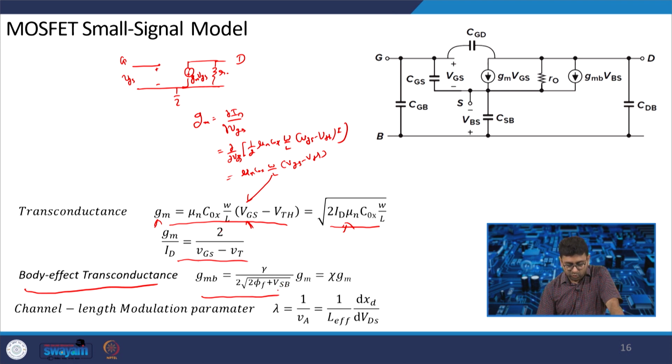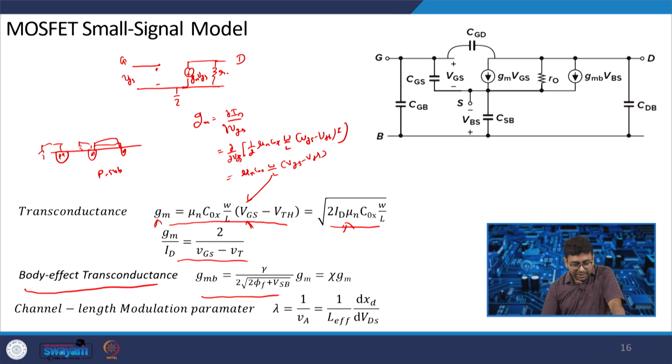So here this is N plus, this is the gate, and then you have the P substrate and this is the body P plus. Generally both of these will be connected to ground,